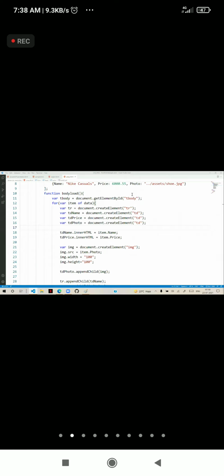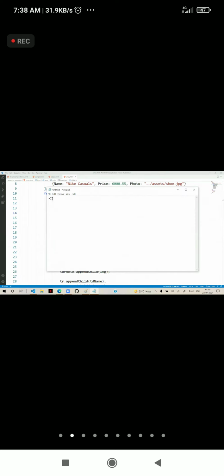td.innerHTML. What is this td? td is a table cell. In a table cell, how to display any value? How to display values in table cells? td, data definitions, data terms, div, span.